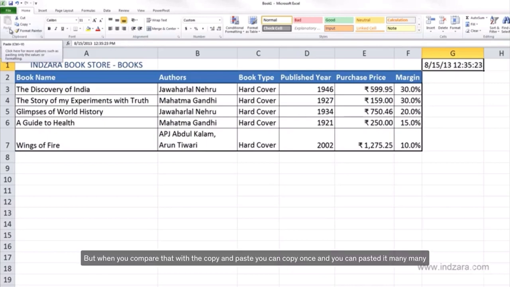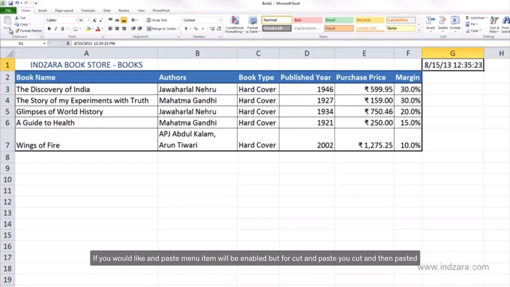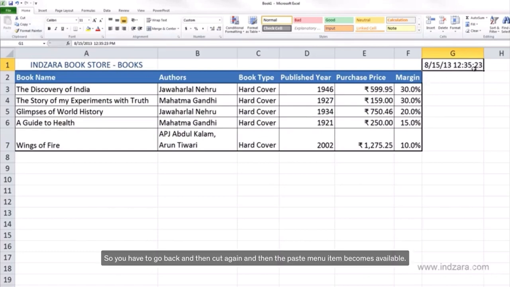But when you compare that with the copy and paste, you can copy once and you can paste it many, many times continuously if you would like, and this paste menu item will be enabled. But for cut and paste, you cut and then paste it into a new cell, and then you cannot paste it immediately again. So you have to go back and then cut again, and then the paste menu item becomes